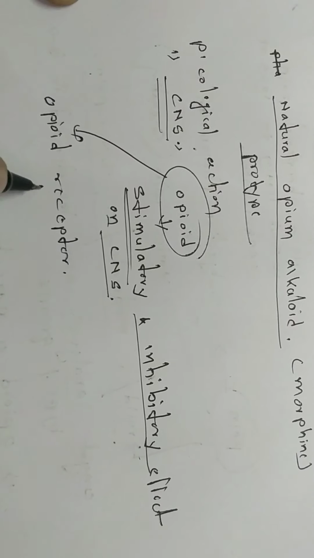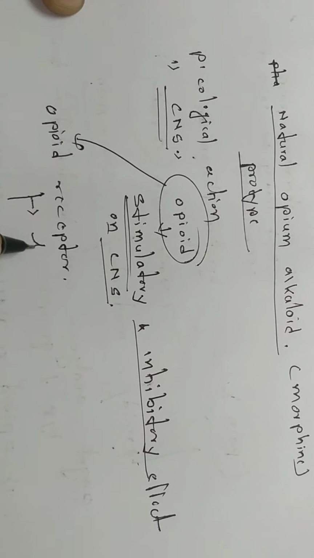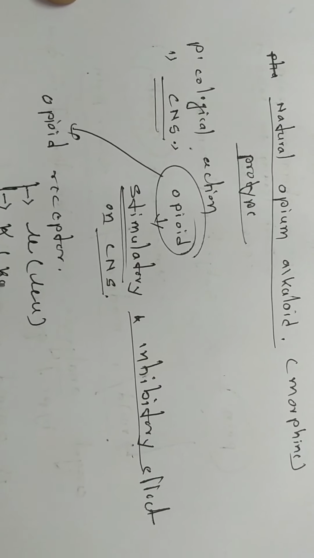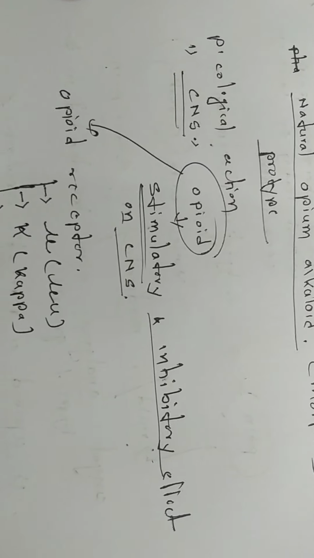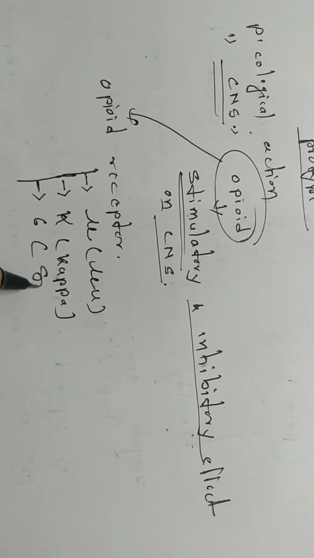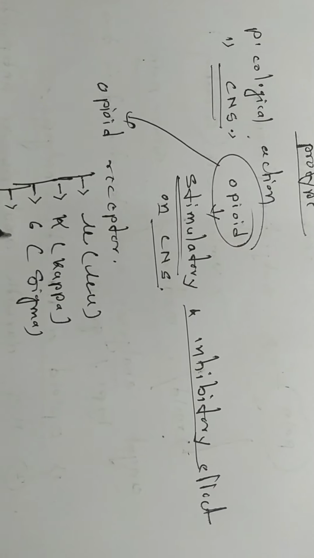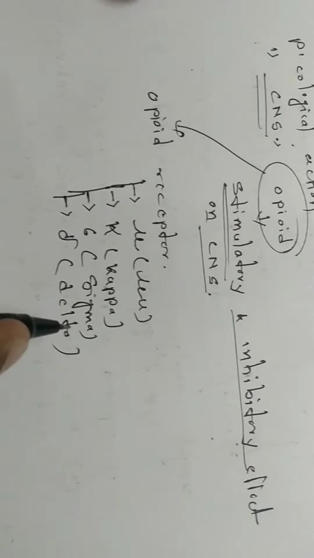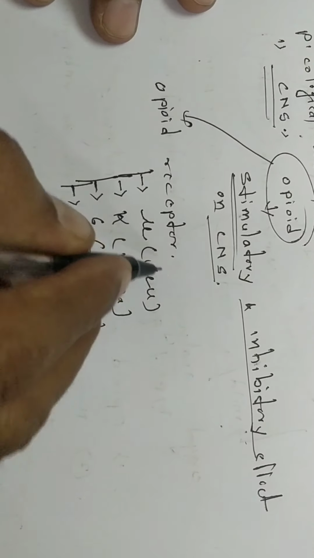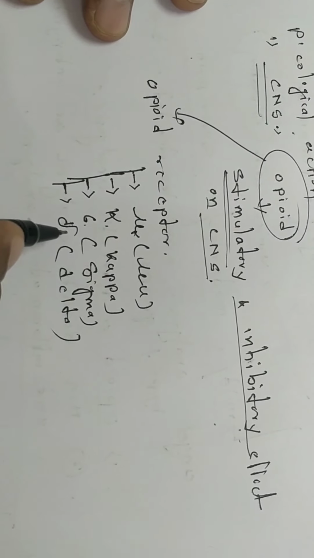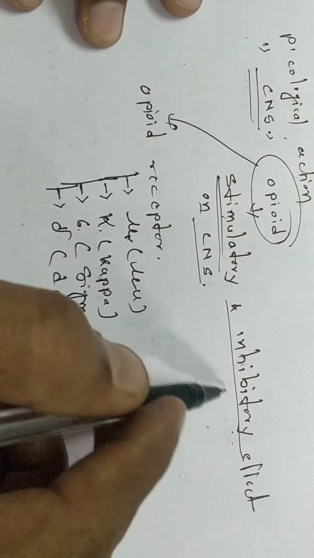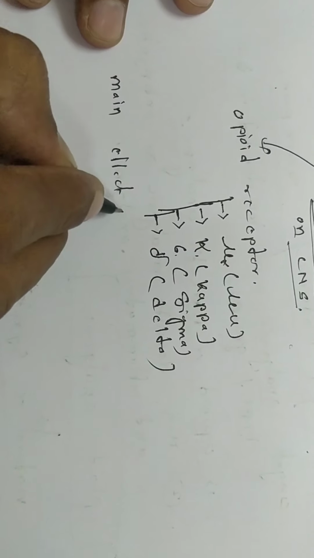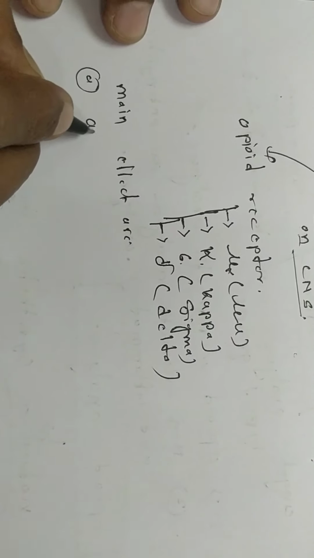There are four types. First, mu. Second, kappa. Third, sigma. And fourth, delta. They are the four receptors. Opioid acts on the opioid receptors mu, kappa, sigma and delta. They produce the stimulatory or inhibitory action. The main effects are, first,